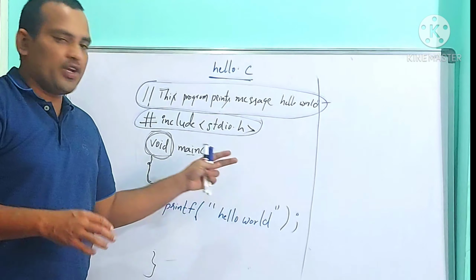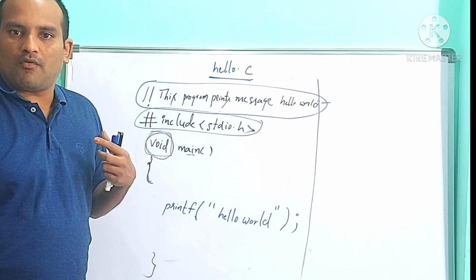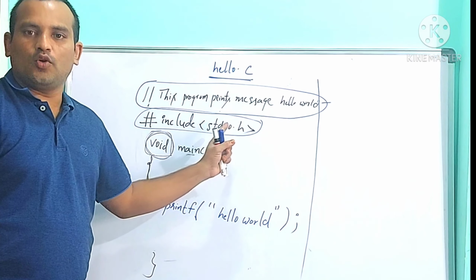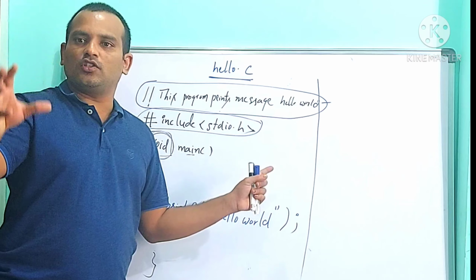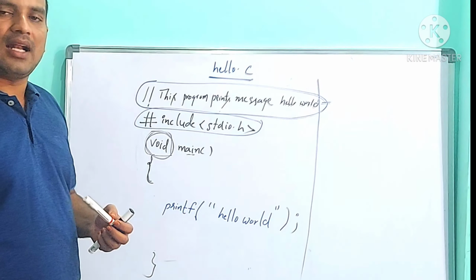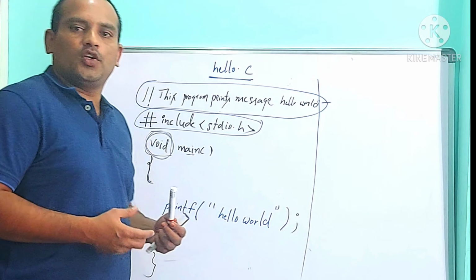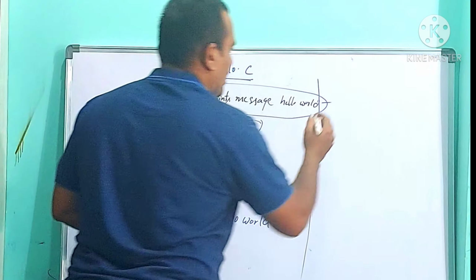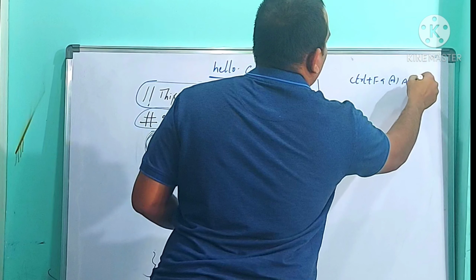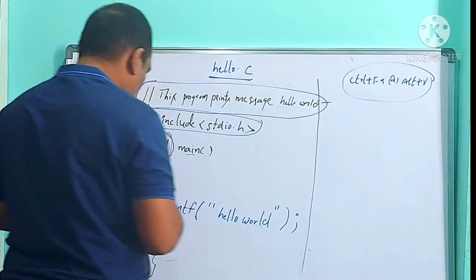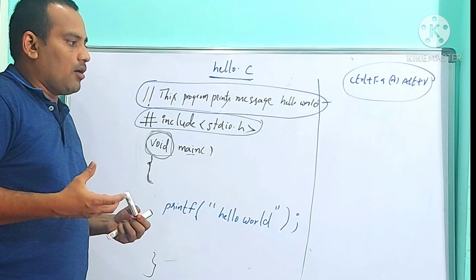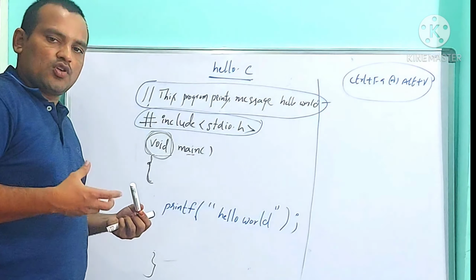To compile the program we need the compiler. To execute the program we need the runner. Execute means it executes the program and gives output. To activate the runner we need to use Control plus F9 or Alt plus R. This is the command we are going to use to execute the program. So when you press Control F9 or Alt R, these are for the execution purpose.